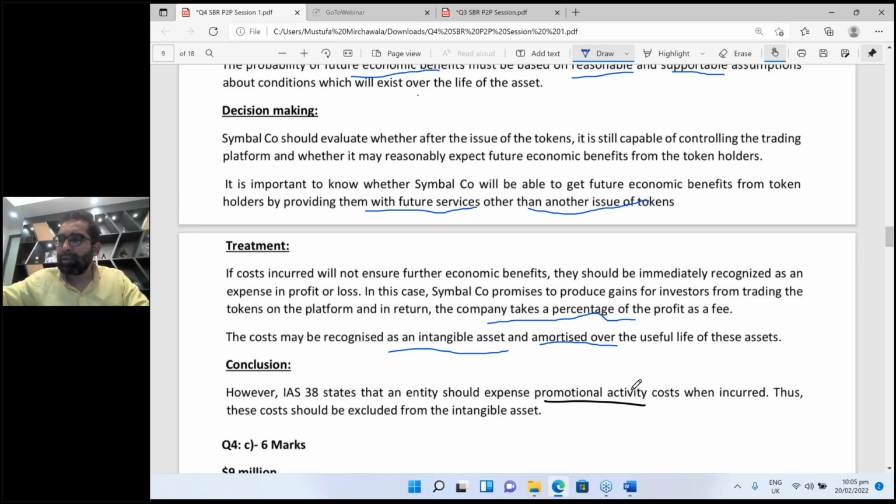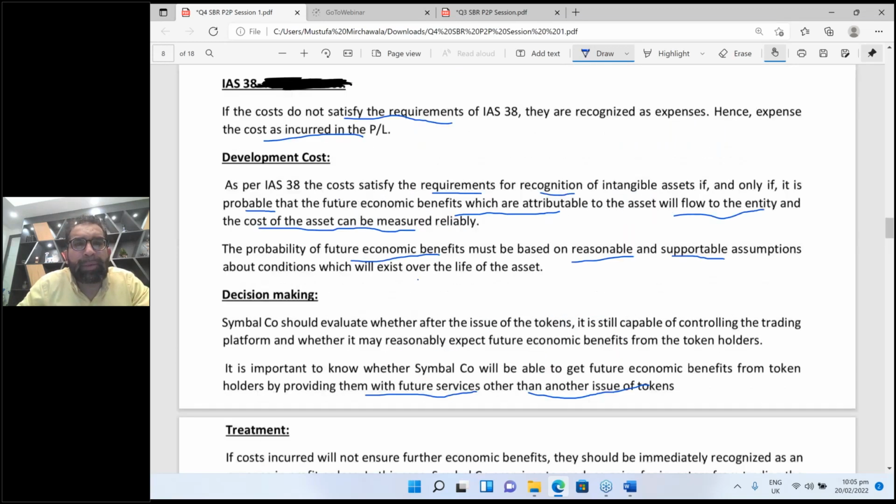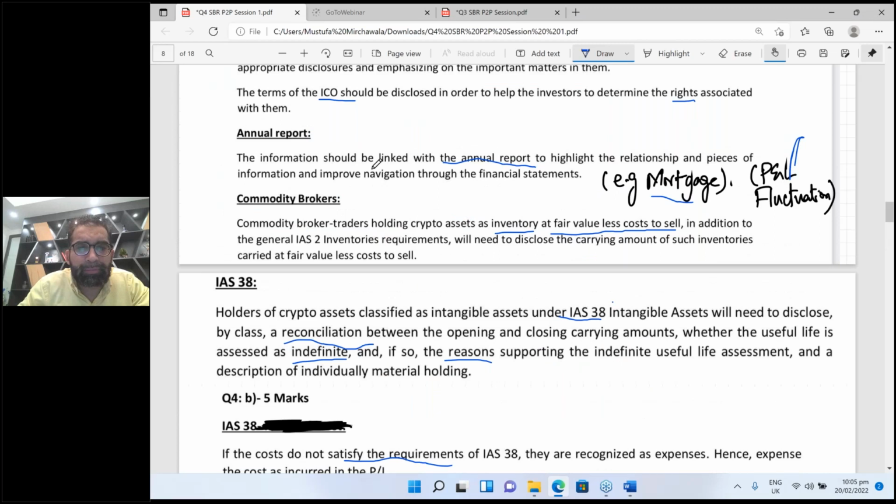Okay, now these were the two parts. Now the remaining two parts are left. One is related to debt and equity treatment, and the last one is related to IFRS 2, the quiz which I gave at the end of the IFRS 2 discussion. Remember, it is related to that, so you can easily understand. Don't worry, be confident, you will understand everything. Did you understand this part also? Please comment.